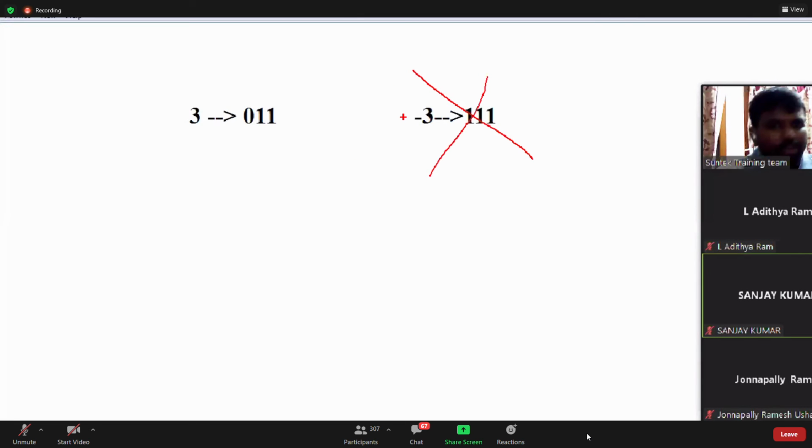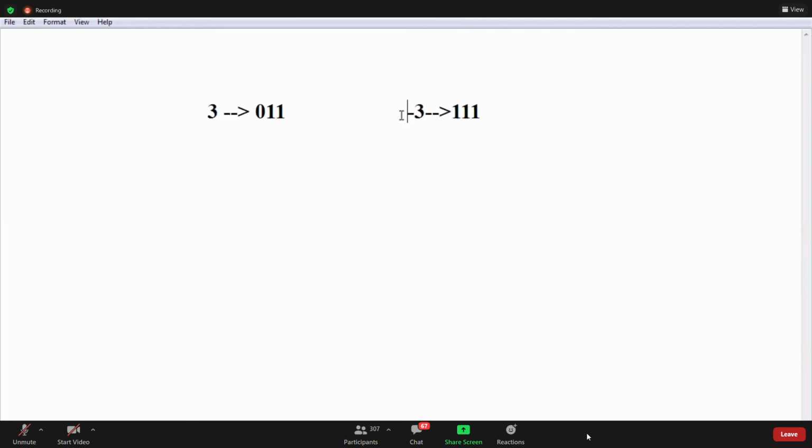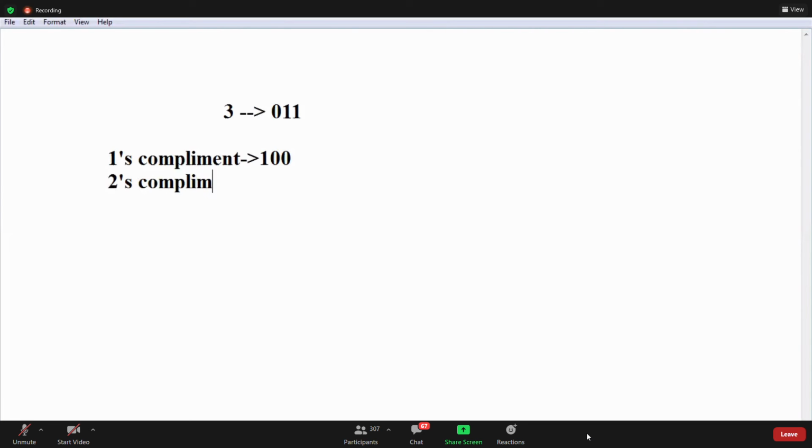Okay, how to write a minus 3 binary value? 2's complement form you have to write, guys. First 1's complement you have to do. What is a 1's complement, guys? You know 1's complement, 1 0 0. Then 2's complement, add 1, guys.